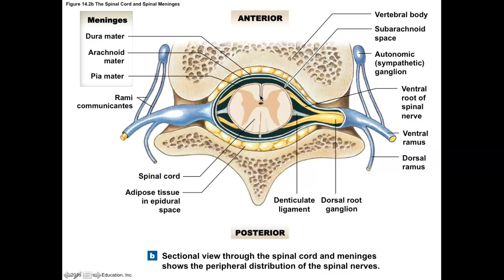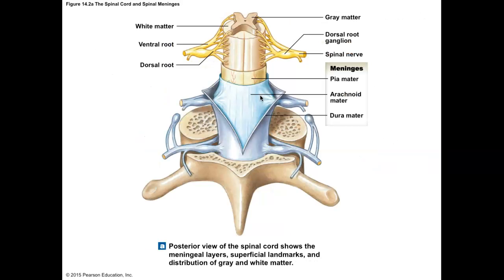All right, let's take a look at the meninges. So I'm going to flip back to this image, which is also a good one to know, and just look at the meninges, right? So we know that the pia mater is on the spinal cord. So remember, the meninges protect your brain and spinal cord, okay? So these wrap your central nervous system. The pia mater is here, the arachnoid mater is here, and the dura mater is here. Okay, so we have the 3 layers. What you also see here